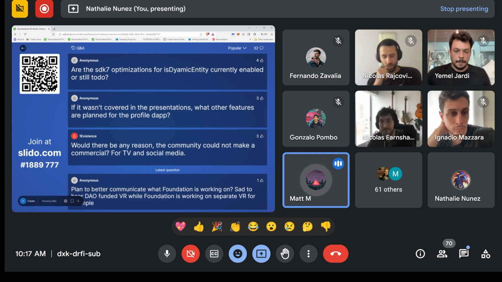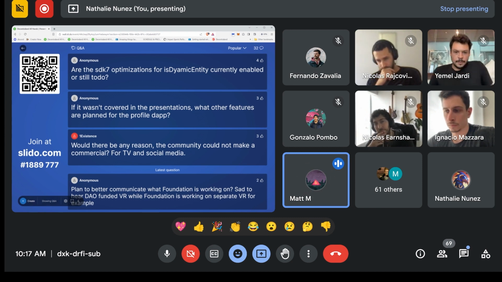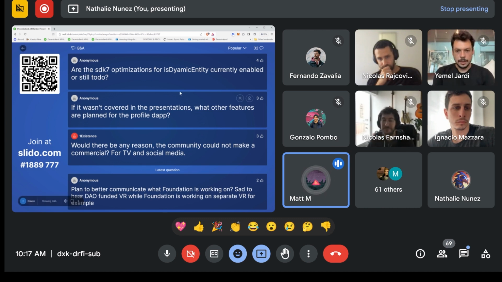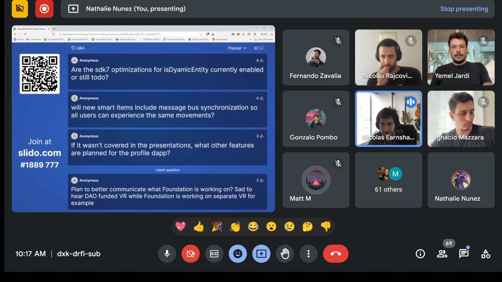I remember earlier in the SDK7 releases, I know there's a property when you create the entity for this, and it was my understanding that you'd be able to flag certain entities as dynamic and others as static to optimize scene loading and things. I wasn't sure if that was available or not. Right. Yes, for the time being, no. This is not a feature that we've scoped or included for now.